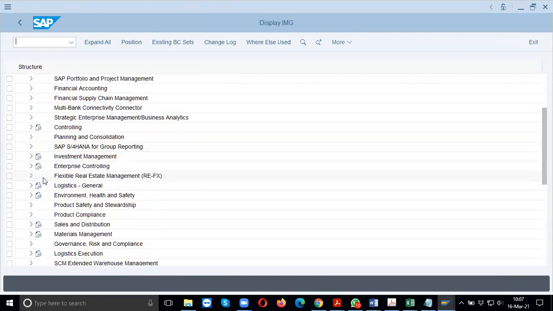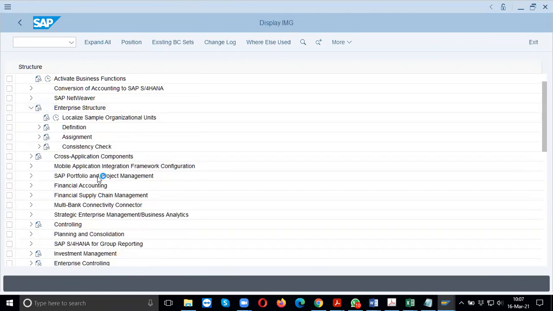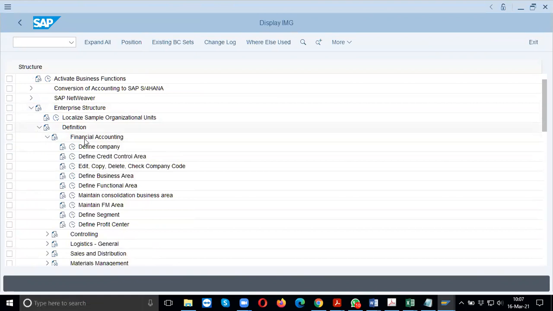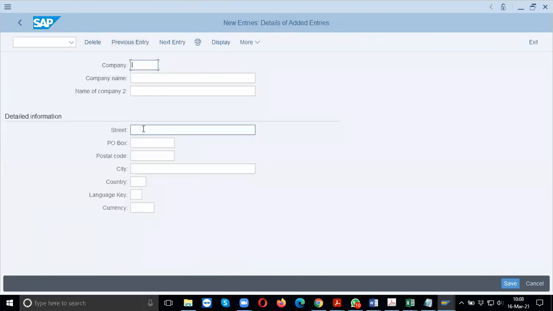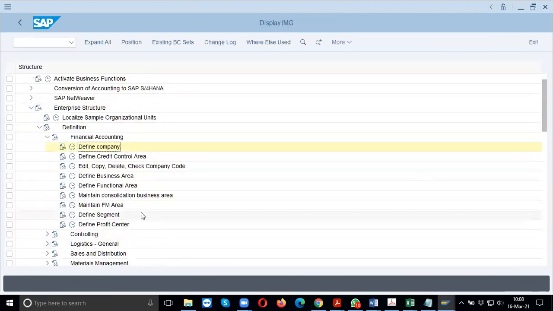You will first come to enterprise structure, then definition, then financial accounting, then keep company. So here you will start preparing your company. People think it is a bit straightforward, but SuccessFactors is much easier. We just need to understand it, and it will be easy then.